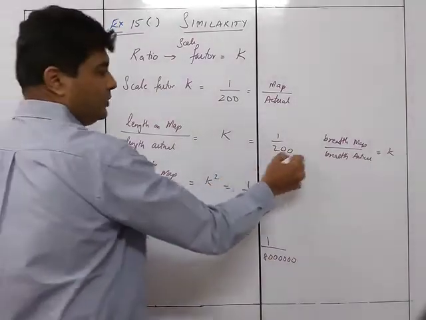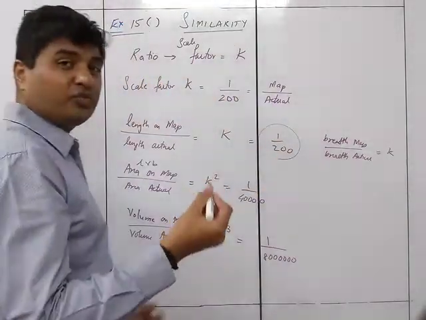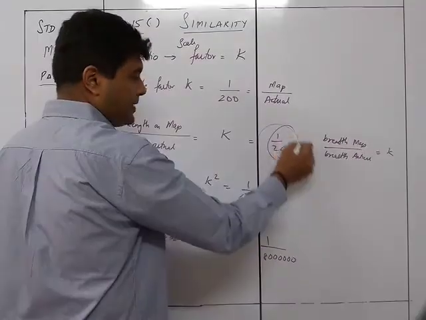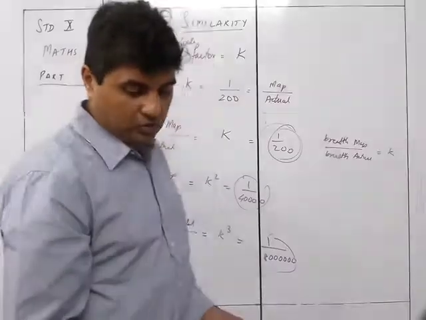If this is the value, it is not necessary that it should always be 1:200, it could be 1:50,000 also. So this is just an example over here. It is not the actual value. So it is this way.